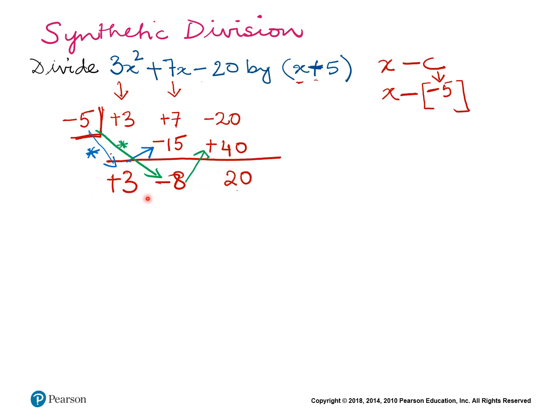Now, we got these values, plus 3, minus 8, and 20, but how do we translate those into polynomial form? We have to convert those and rewrite a polynomial expression. Otherwise, it doesn't make sense, all right? So we'll learn how to do that. So what we have below the line, plus 3, minus 8, and 20, can be divided into two parts. The last value, the end value,